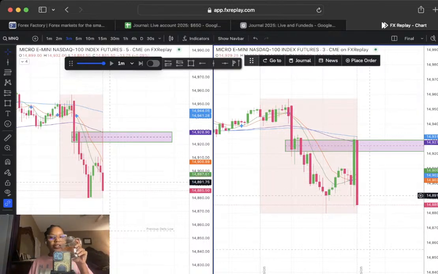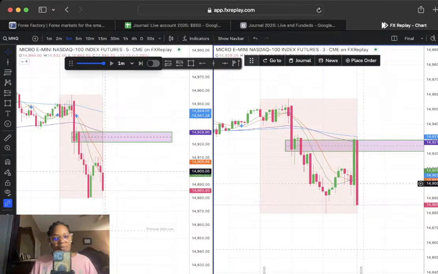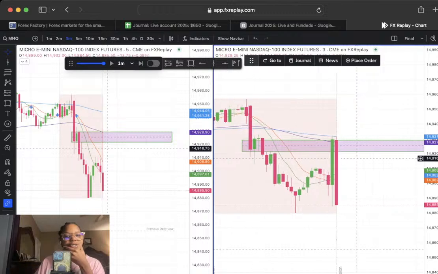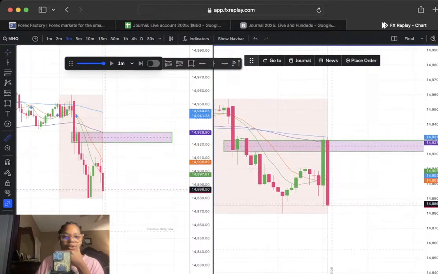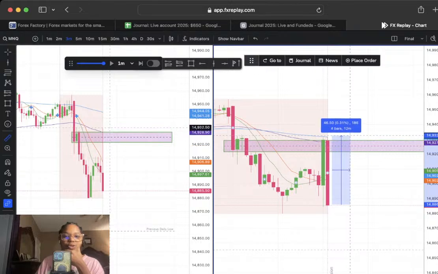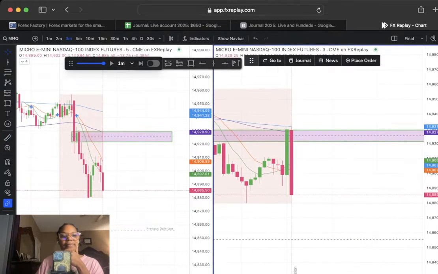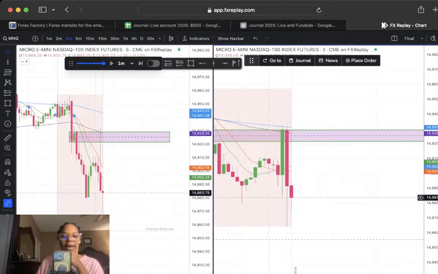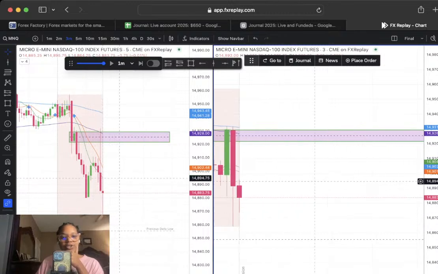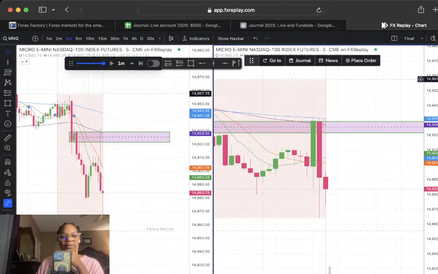Beautiful. Now, this is still not ideal because this is a gigantic candle. If you set your limit order, you were straight. Yeah, a 200 tick candle is crazy. So, okay, it came back. It pulled back a little bit. I wouldn't be scared to enter off that. That wick is a little big for me, though.